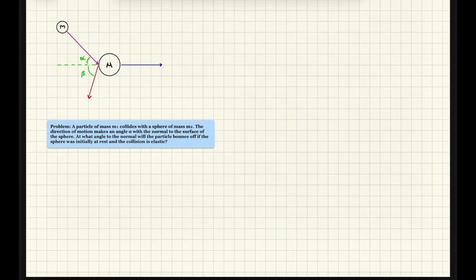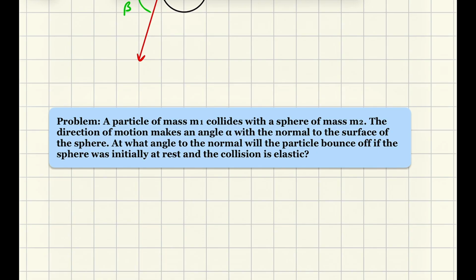Good day, friends. Let's continue to solve problems on impulse and momentum. The problem statement goes like this. A particle of mass m1 collides with a sphere of mass m2. The direction of the motion makes an angle alpha with the normal to the surface of the sphere. At what angle to the normal will the particle bounce off if the sphere was initially at rest and the collision